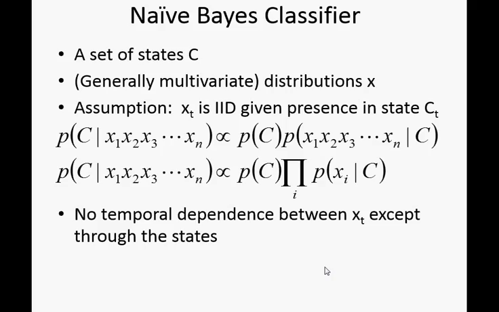Here, using the application of Bayes' theorem, we're going to be positing that the probability of me being in a certain state, C, given this state vector, which is composed of these subcomponents, x sub 1 through x sub n, is proportional to some prior distribution over C, where we say, well, okay, maybe you tend to spend more time not smoking than smoking on average. Without even looking at the data, you expect more time non-smoking than smoking, for example. Times